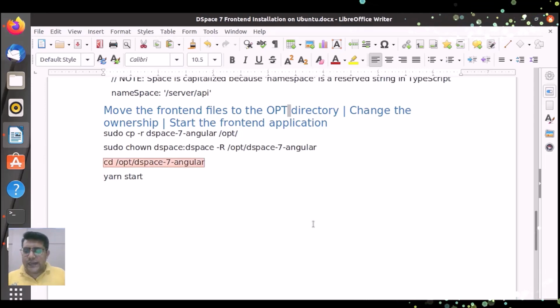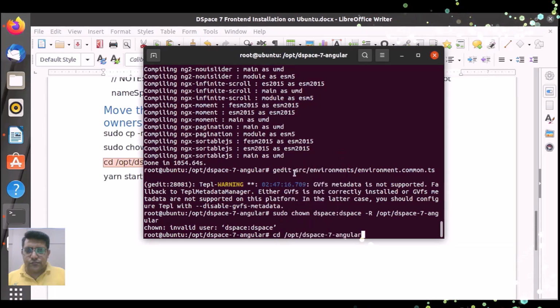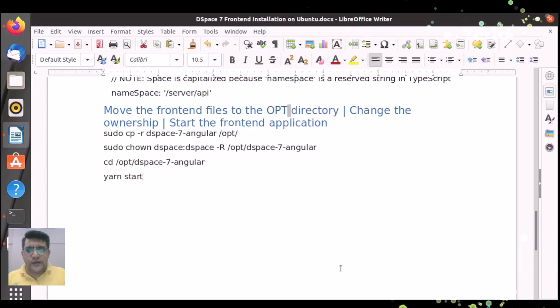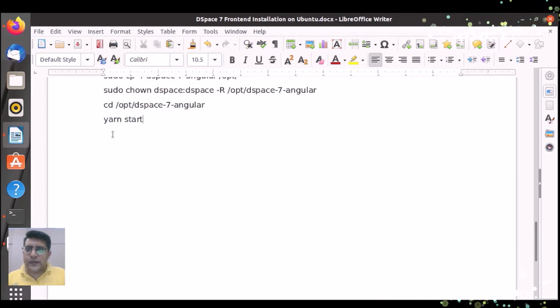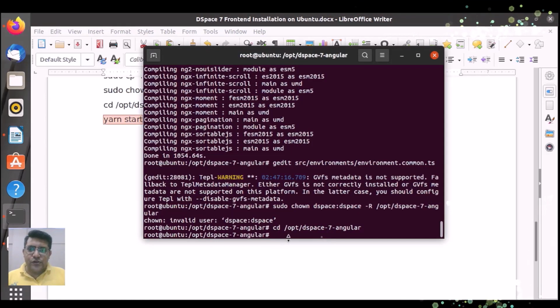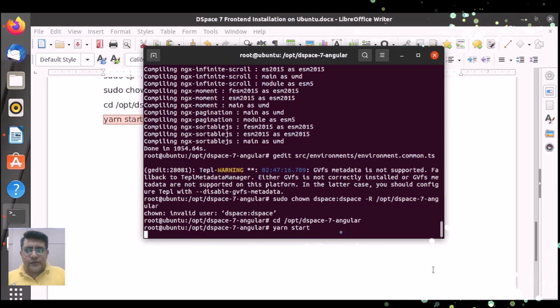So we will go to this directory, and this is important for the local install of the DSpace backend. We will go to this directory, and then we will start the yarn services. So we are here, and now we are going to start the DSpace front end, and this may take a very long time actually. So I just run yarn start,